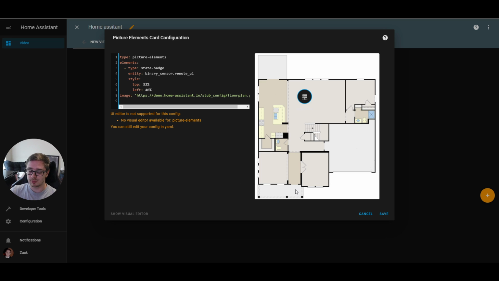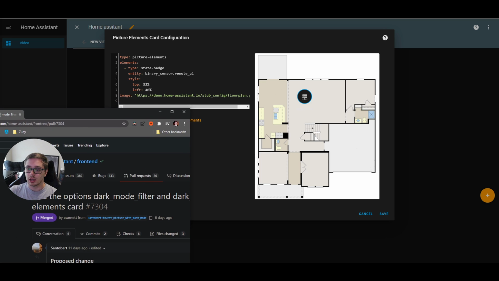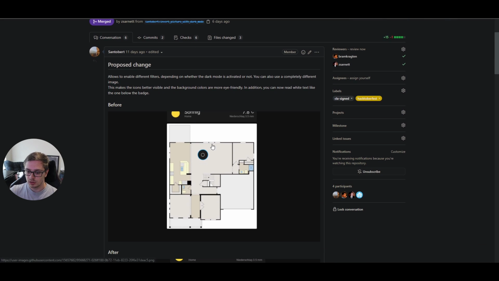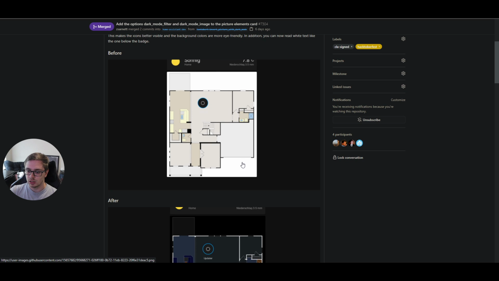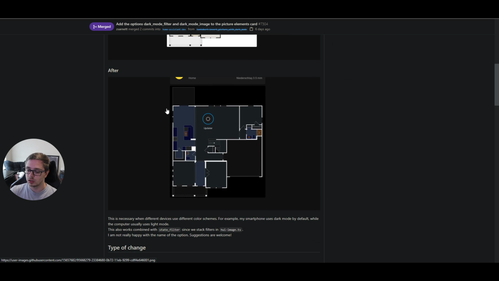You don't want this bright image on your dashboard when in dark mode. So what you can do now is dark underscore mode underscore filter, and here you see that before it has this bright thing, and now after you set the filter,